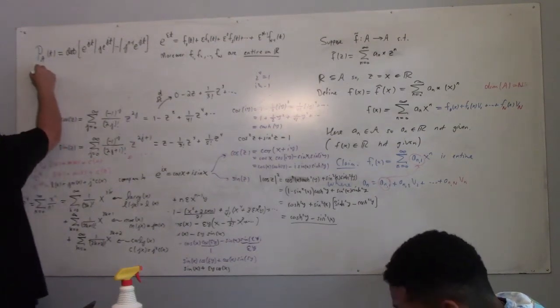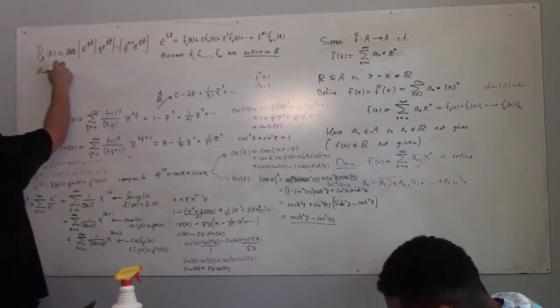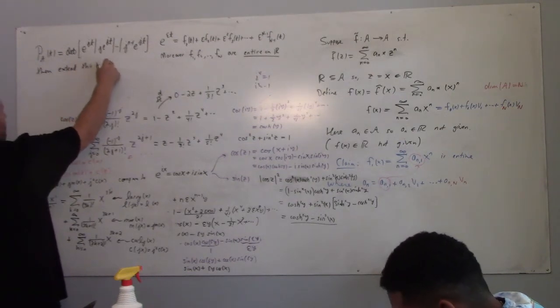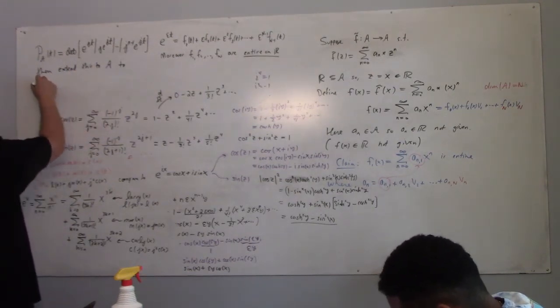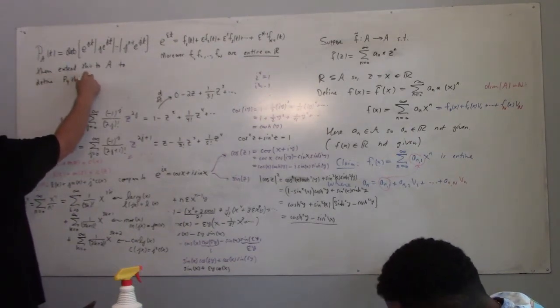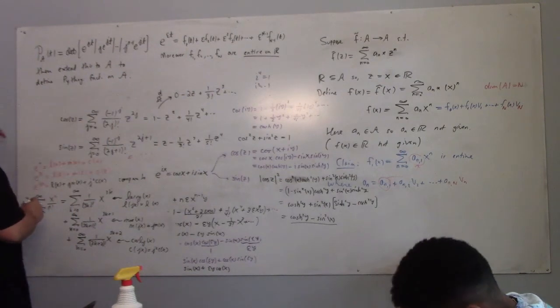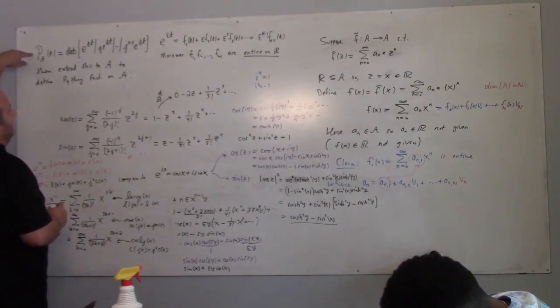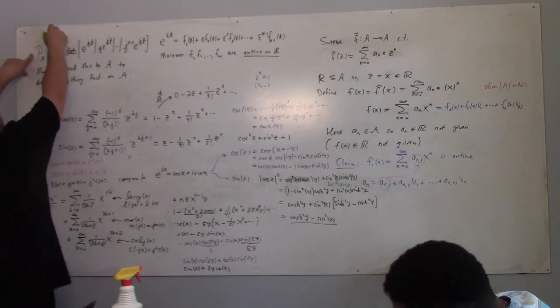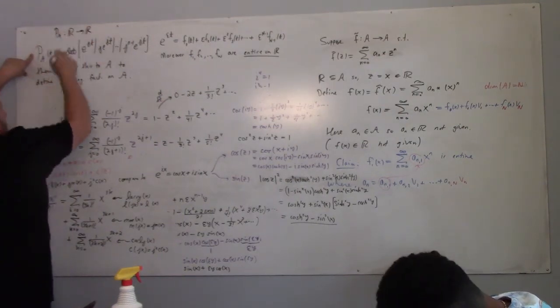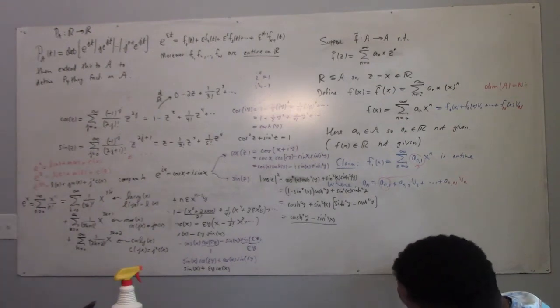Then extend this to A to define the Pythagorean function on A. So P_A is a function from, originally it's a function from the reals to the reals. And I'm arguing its entire,